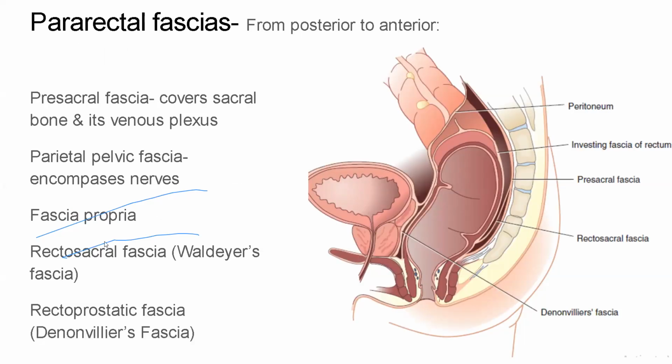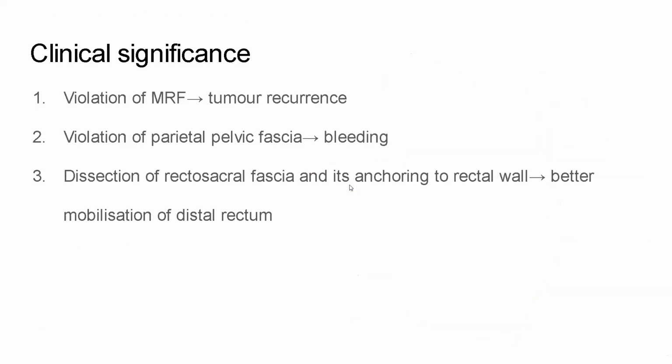Now coming to one more, that is the fascia propria, otherwise known as the investing fascia of the rectum or the mesorectal fascia. Now, this slide is the most important because the correct plane or the holy plane of surgical dissection in rectal and pelvic surgeries is that the plane of dissection should be between the mesorectal fascia and the parietal pelvic fascia, which I'll be showing in the later slides. Now, what is the clinical significance of these